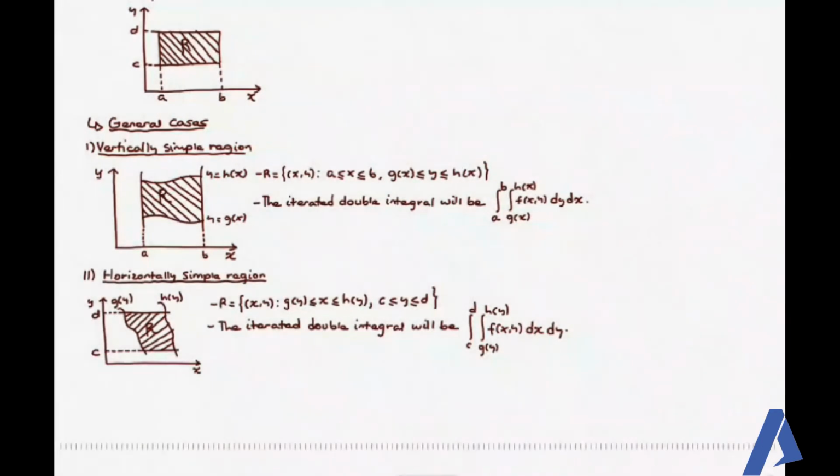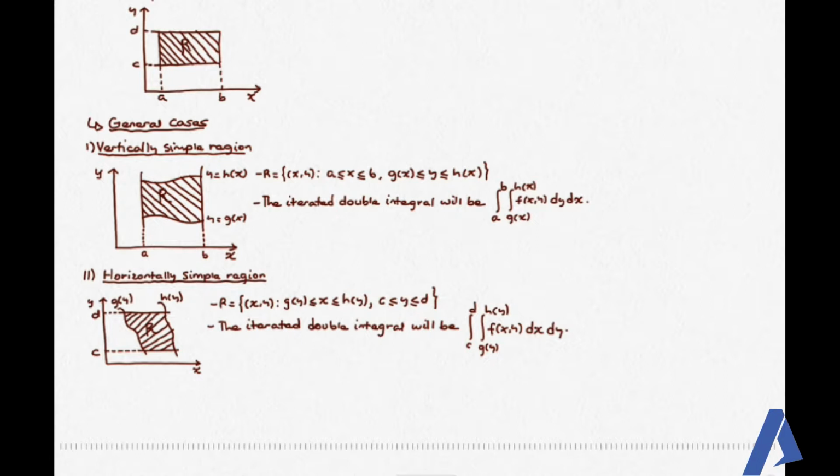In a vertically simple region, the region R is restricted by two vertical lines x is equal to a and x is equal to b. ከዛ ደግሞ ከላይና ከታች ደግሞ it's restricted by the functions y is equal to h of x and y is equal to g of x. ስለዚህ the region of integration ወይም the limit of integration ምን ይሆናል? With respect to x ከa እስከ b ይሆናል፣ with respect to y ደግሞ ከg of x እስከ h of x